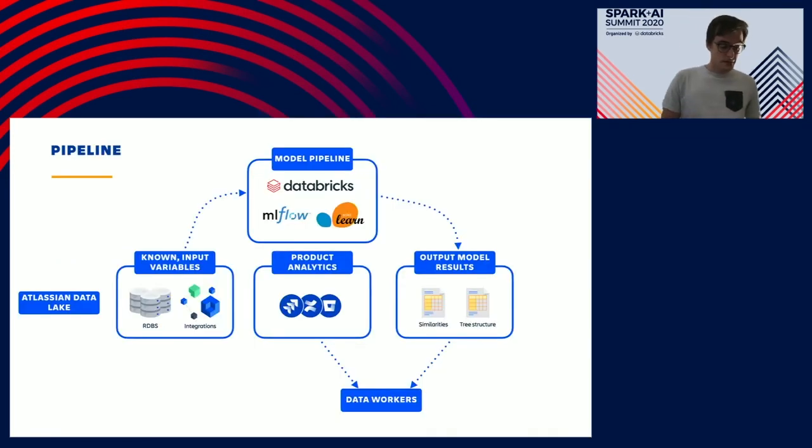From a pipeline perspective, we start with our known input variables for all licenses sitting in our data lake. We run a daily scheduled Databricks notebook that scores all our models. Those models were built in another notebook and scored into MLflow that can be accessed by the daily scoring job. And we just use the random forest implementation in sklearn. Now the job populates model results back into the data lake as discussed earlier, with those tables now able to be combined with product analytics, allowing the data worker to quickly create estimates and largely forget they were ever working with a biased and incomplete data set.